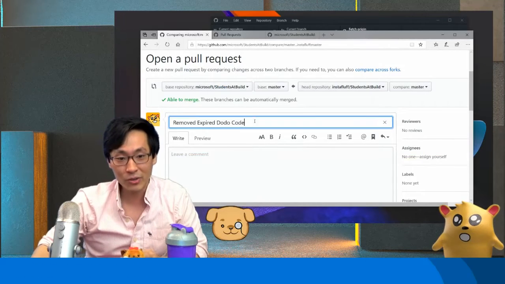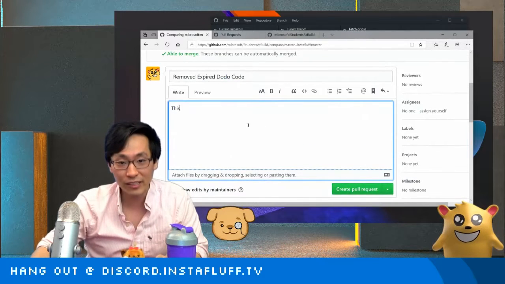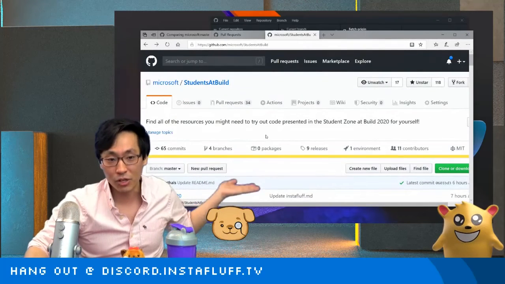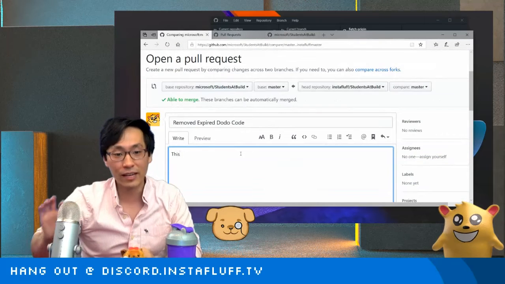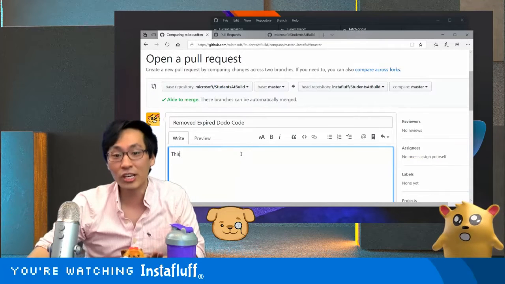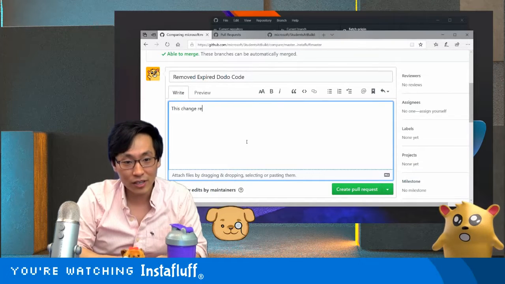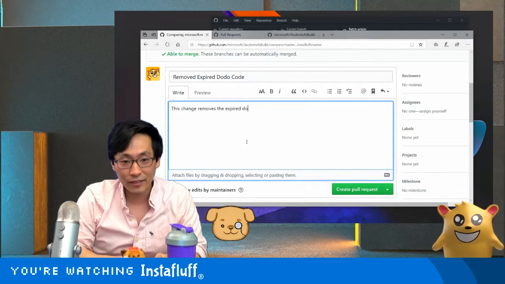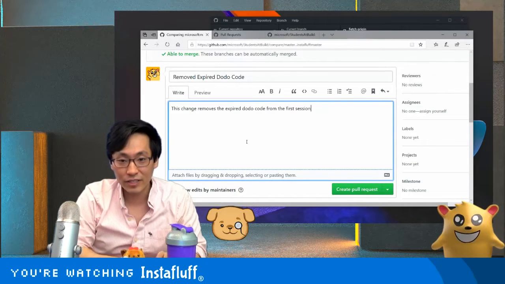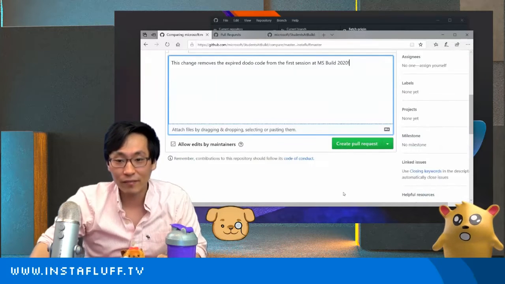And so this is what I'm going to do. I'm going to do removed expired Dodo code. And then we'll put a description in here. And these descriptions are really important because this is what all of the original project owners will be able to review and decide whether or not it seems to be good, and if changes need to be made. And so this change removes the expired Dodo code from the first session at MS Build 2020. Yeah. Then you can create a pull request,